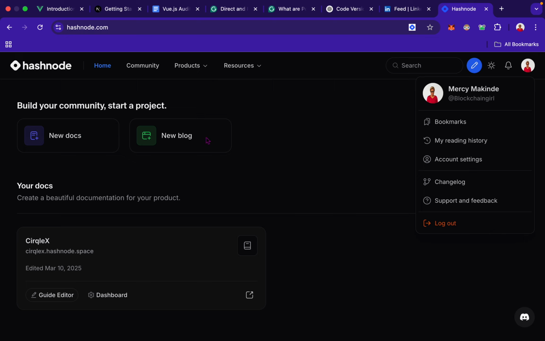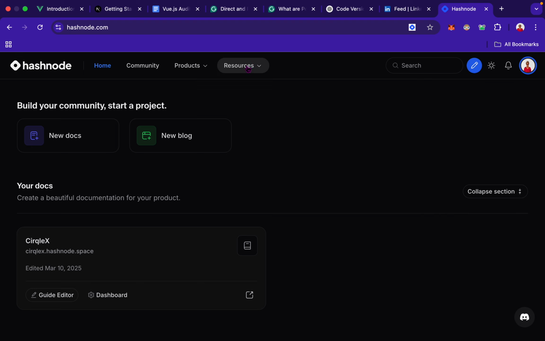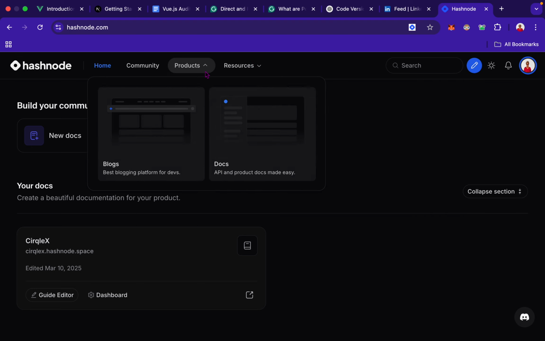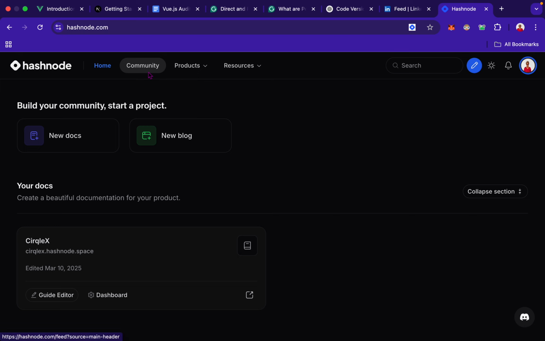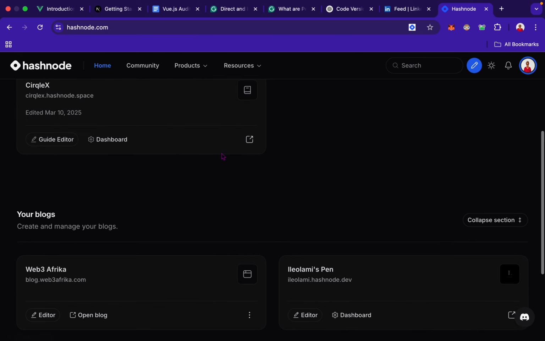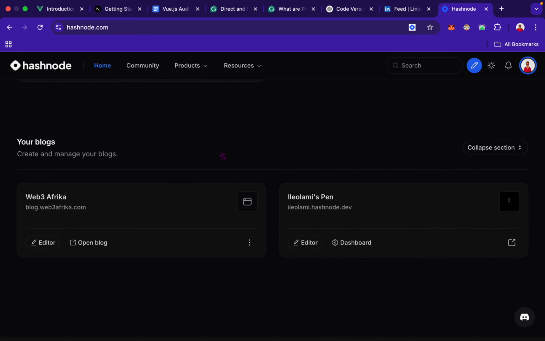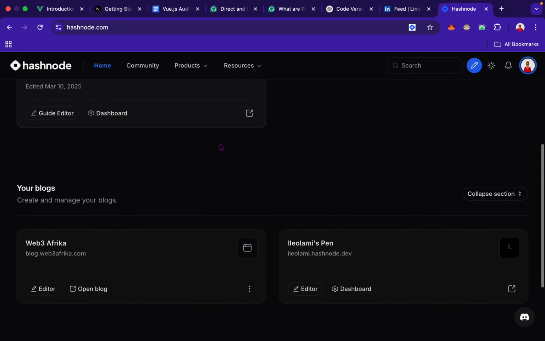So Hashnode, I love Hashnode so well based on the features that it has. I'm really excited for this. I mean, they have the best community, and secondly, they have various things that you can use: the API docs, how to integrate it. They host hackathons, the community, the homepage. I love everything about Hashnode, and as you can see, with Hashnode you can create a blog site for your business